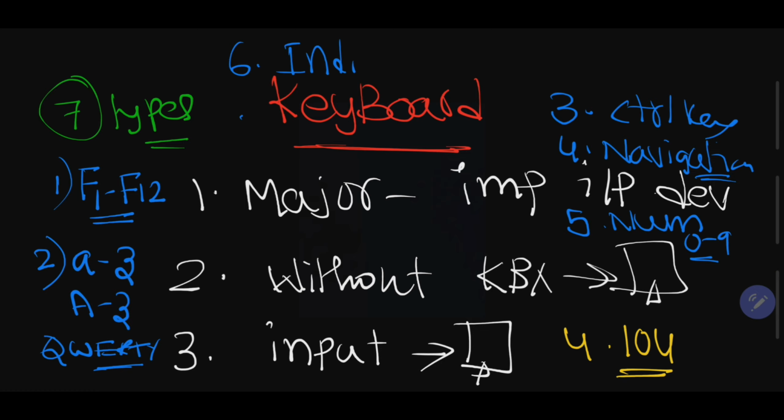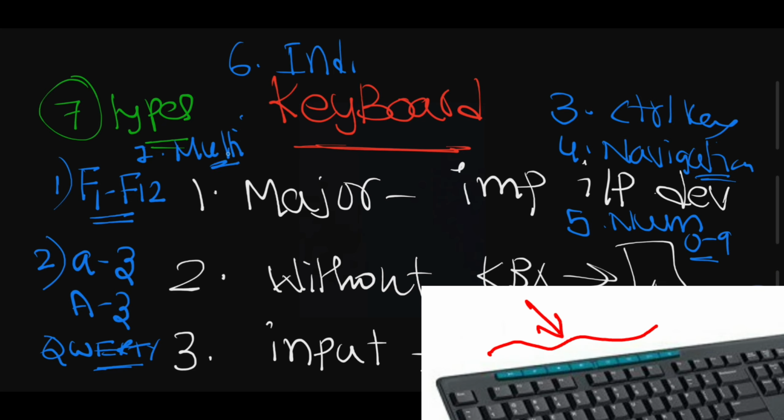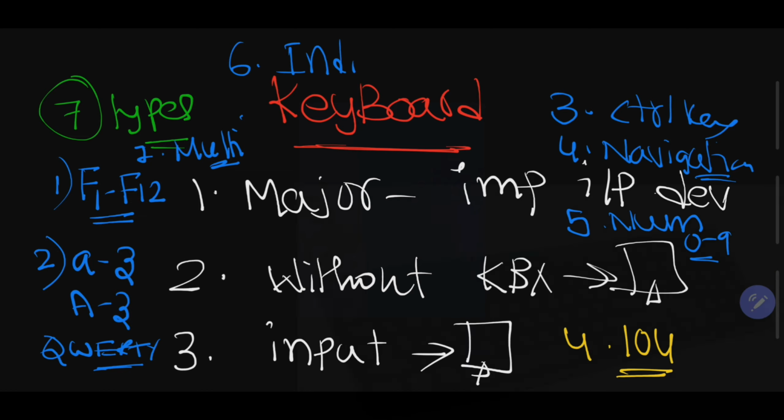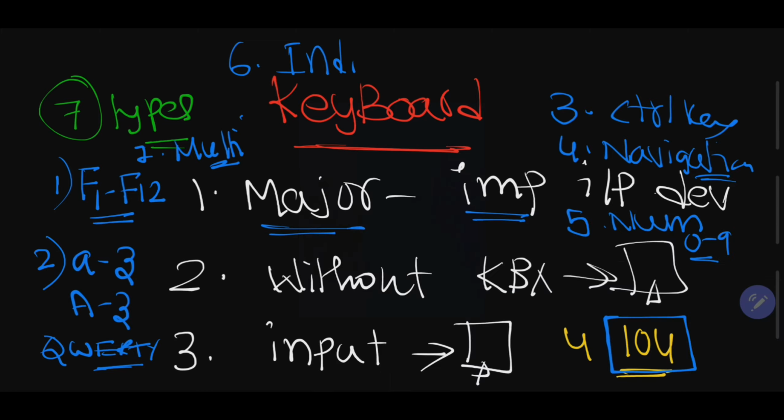Next, the last one, the 7th, comes under multimedia keys. Forward, play, pause, volume up, volume down, stop, directly power off. So there are some specialized keyboards that contain multimedia keys, but a standard keyboard has only 104 keys, right? So keyboard is a major and important input device.